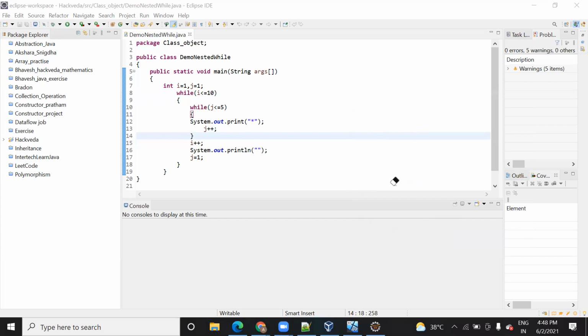Void data type is an empty one. We can use integer, float, data types also in order to tell what kind of value we're going to return. But the main method is not returning a value, so we usually write void here. Then main is the name of the method, and now this one,